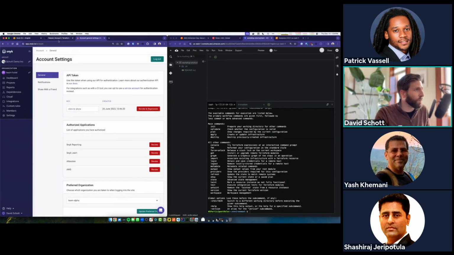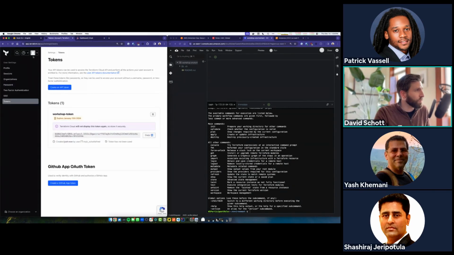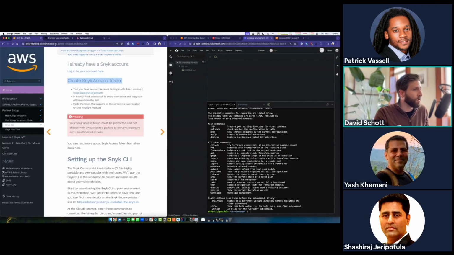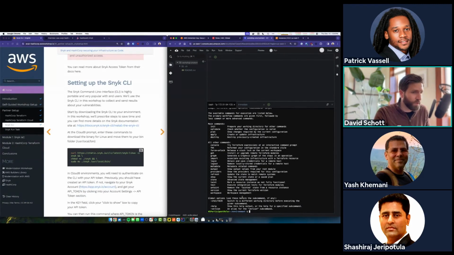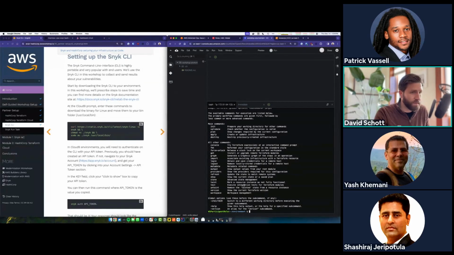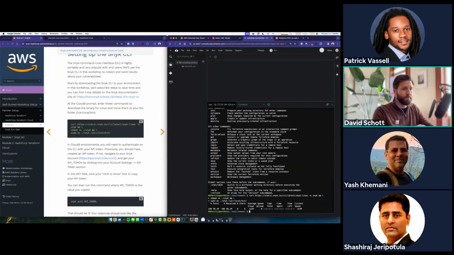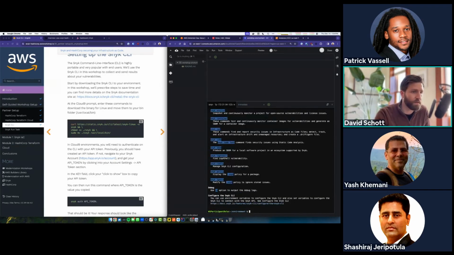All right. So I'm going to go back to my home page here on both screens. There's our workshop. Okay, ready to rock. All right, moving on. We've got Terraform installed, but we don't have Snyk installed. So let's go ahead and get the Snyk command line installed. That's just going to be a simple copy paste. Just copy and paste the installation command into Cloud9. And once you're done, you can type the word Snyk, enter, and you should have the Snyk command line installed.